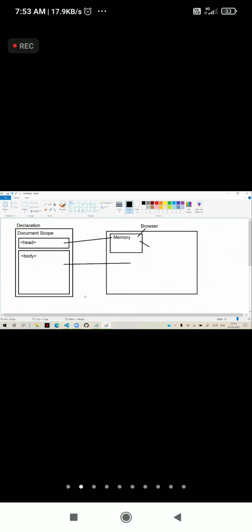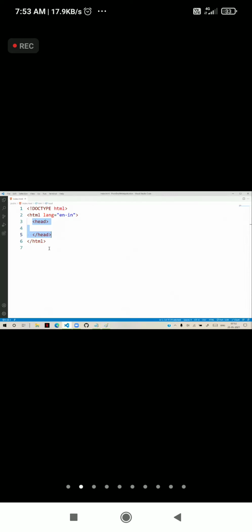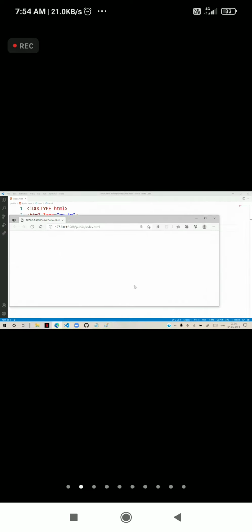In that, the first important thing in the head section is title. So observe carefully. We will run this page. When I run this page, open in live server, it is empty, nothing is defined here. Now, in this page, you can see this is the browser.